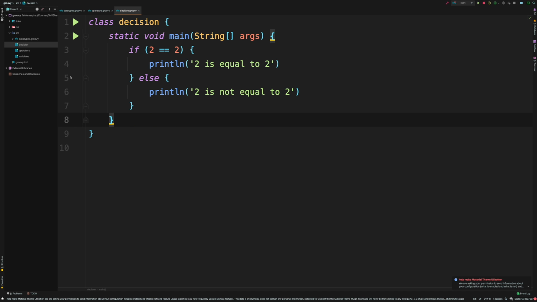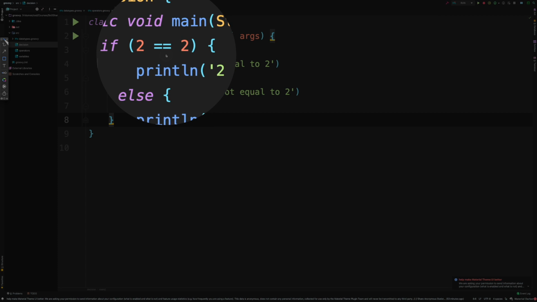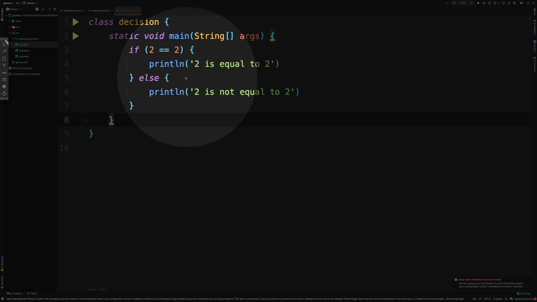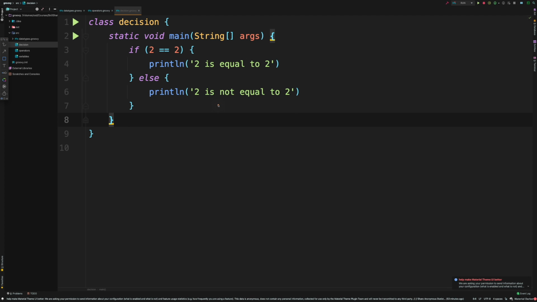All right, so here we have a statement. In this one, we will check for 2 equal to 2. And if that's not the case, then it will write down 2 is not equal to 2 on the command line. Okay, so let's try executing this bit. I'm going to use the groovy keyword, and that would go in the source, and we have a decision.groovy file. Press return, and you will see 2 is equal to 2 because this condition is true.